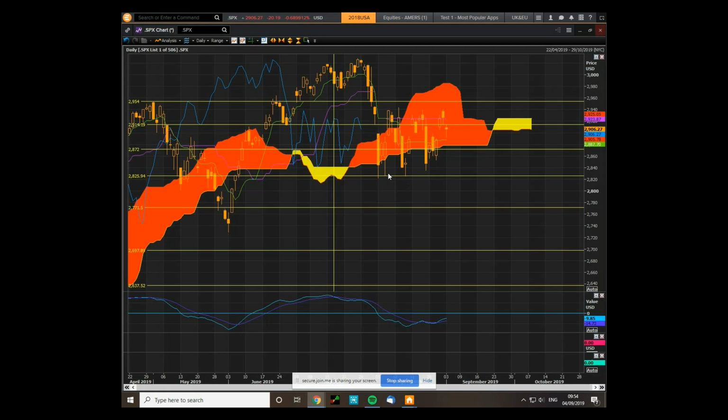And what also worries me about this chart pattern is that I think the market might be rolling over from here. We've got the front end of the cloud indicating the emergence of a downtrend coming. So I do expect the market to maybe try and revisit these resistance levels, and if it gets overpowered by the resistance there, let's say this